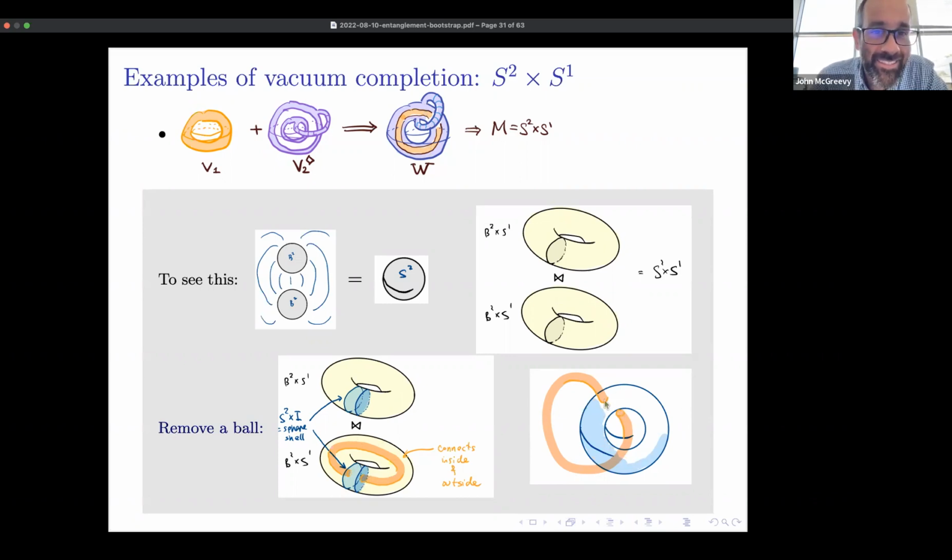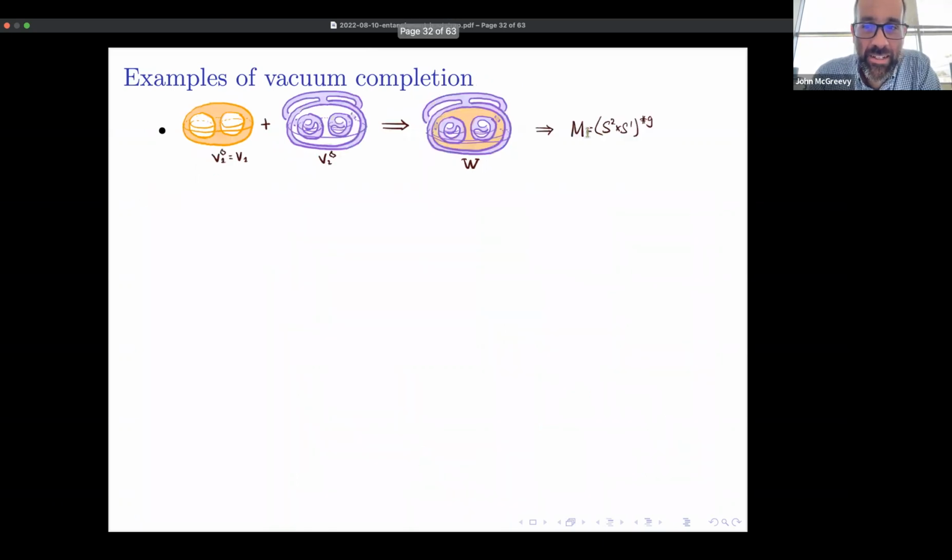So okay, I'm not sure if that might have been too fast, but this was sort of a visual proof that if you fill in this hole, you get S2 times S1. The same technique works starting from a ball minus 2 balls to make the connect sum of S2 times S1. Connect sum of two manifolds means you remove a ball from each of them and then glue the spheres on the boundaries of those balls together.